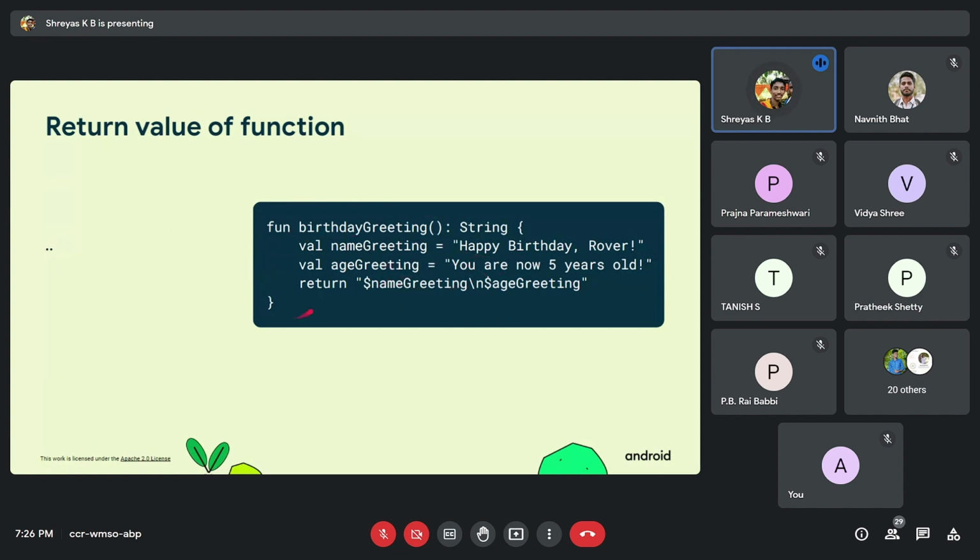After completion of executing this function, a value is returned to the compiler as the function's return value. So at the end, in this example, we will return the greeting: Happy birthday Robert, you are now 5 years old. This string is placed in